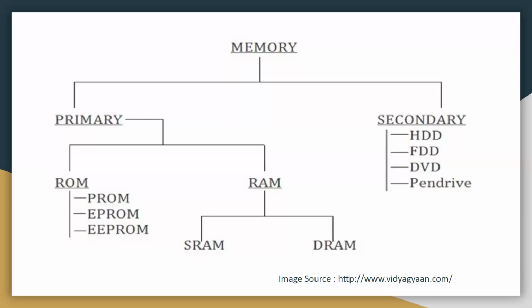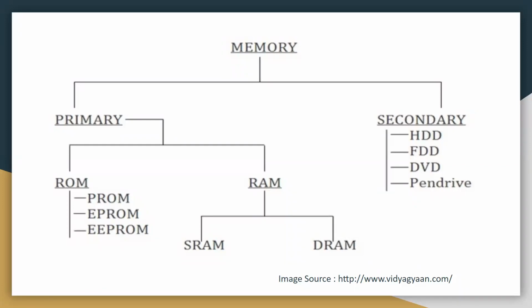Last is EEPROM, which refers to Electrically Erasable Programmable Read-Only Memory. Whatever data you want to erase, you erase with the help of electrical fields. Here you don't need ultraviolet rays or light, which you needed in EPROM. However, the best part is that in the case of EEPROM, you can erase portions of the chip. You don't need to erase everything stored previously for reprogramming.